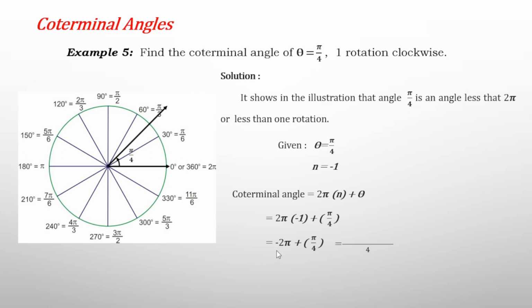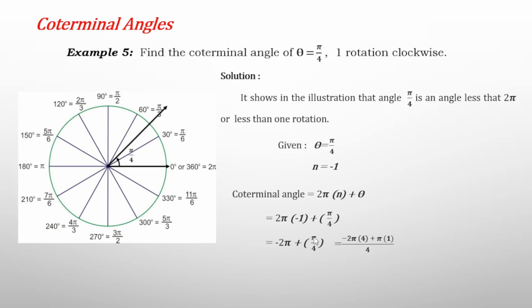So the LCD of 1 and 4 is equal to 4. So we're going to write the denominator 4. And then this denominator must be multiplied to negative 2 pi. So we have negative 2 pi times 4 plus pi times 1. Why? Where did we get pi times 1? Because the LCD 4 divided by the denominator of the second term, that is 4 divided by 4, is 1,